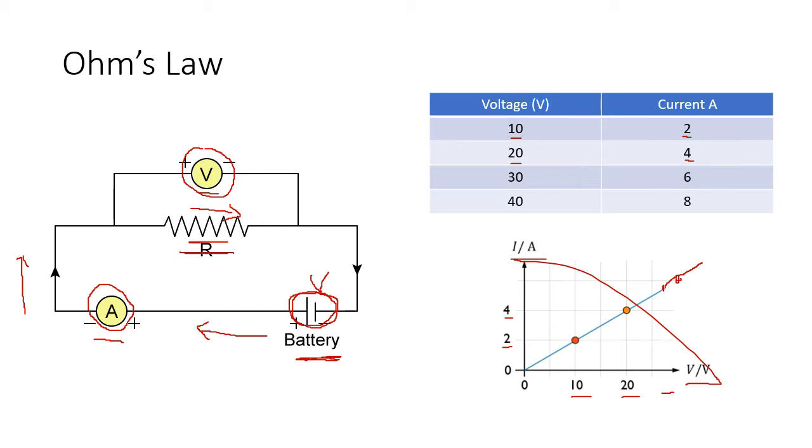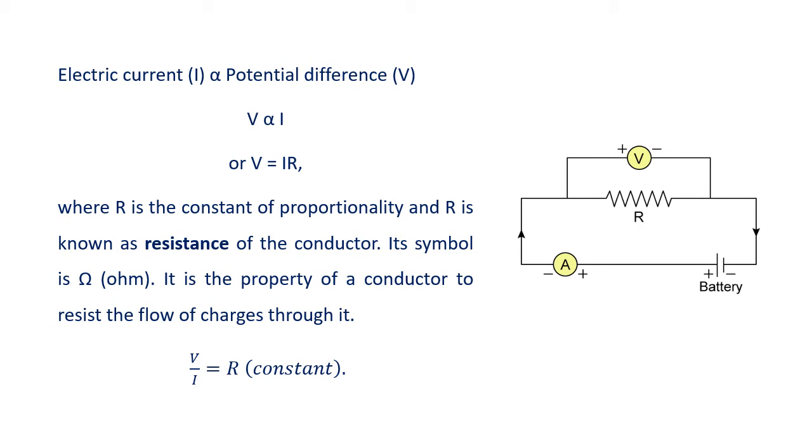So this is a very important step in Ohm's law. What we have noticed, can you see the circuit diagram again? What you have noticed is that as we increase the battery from 10 to 20 to 30 to 40 volt, the current is also linearly increasing and it is forming a straight line. So this is Ohm's law. So let us now move to the theoretical definition of Ohm's law and remember this circuit. So the circuit is here again, and what we can see, the electric current is directly proportional to the potential difference.